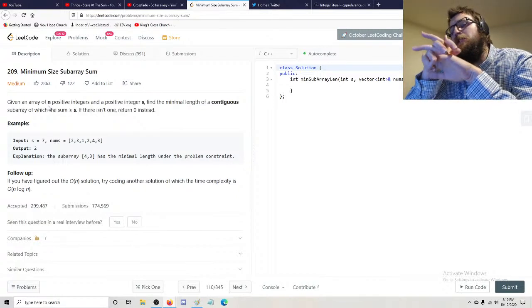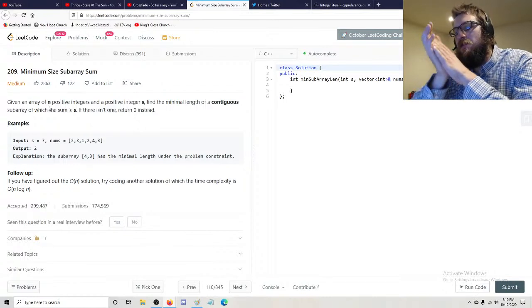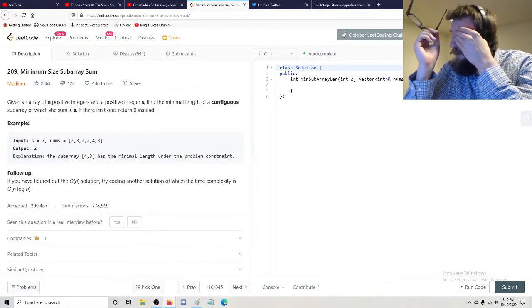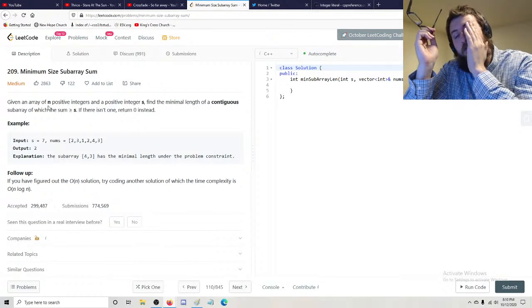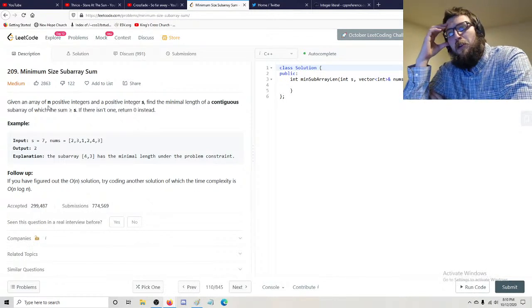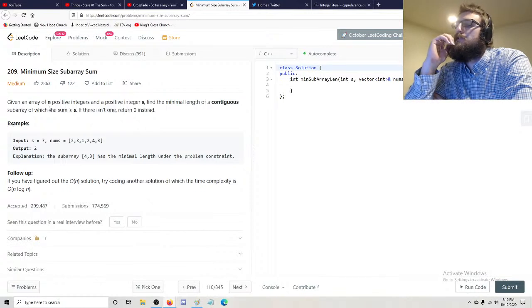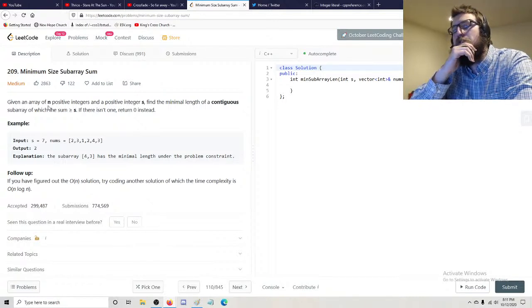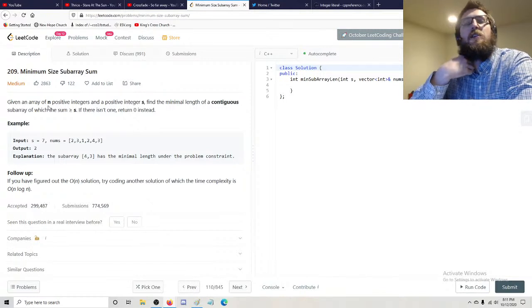This is kind of a play on the maximum subarray sum question, which is a classic problem. The idea is to find, of all of the contiguous subarrays, when you add them together, the maximum sum. It's an interesting question with a pretty nifty solution. However, this is a slight variation, where you're looking for the smallest contiguous subarray in terms of size, whose sum exceeds a certain value that they give you as a